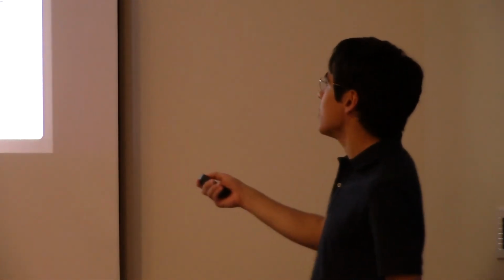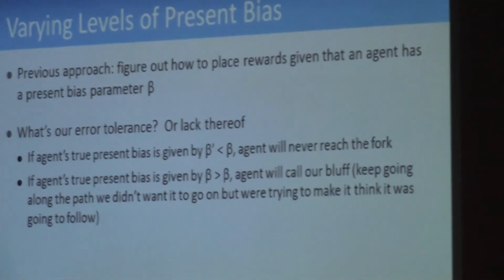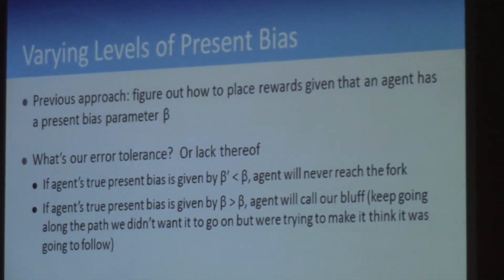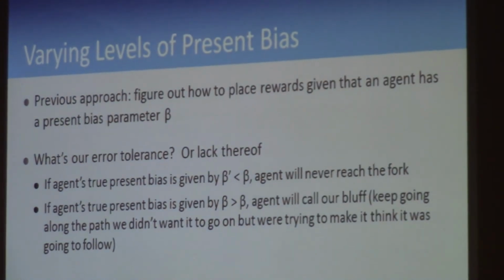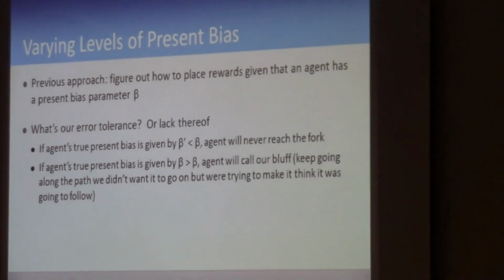So, low beta. But you can't say, I'm going to give you this much reward and you only this much. Or you might say, okay, I think you're somewhere around here. I have some belief about it, like a probability distribution. But again, I'm just not sure, or I know that there are multiple betas out there. Either way, the problem with the approach that I just described is that it's very niche.